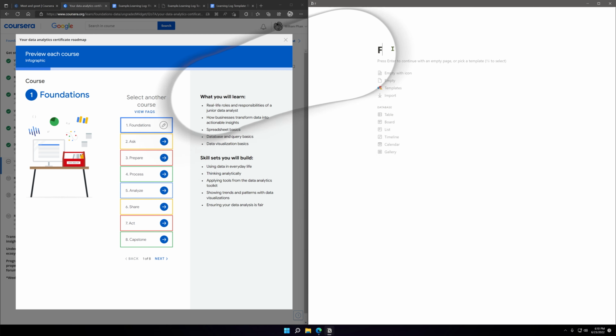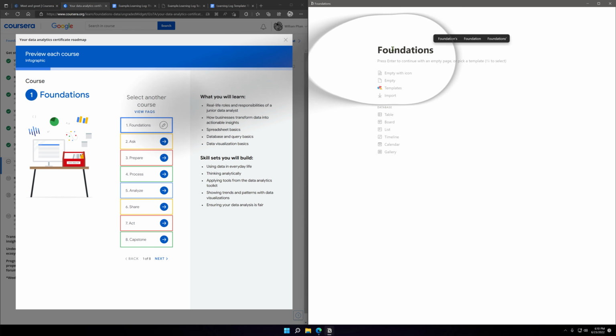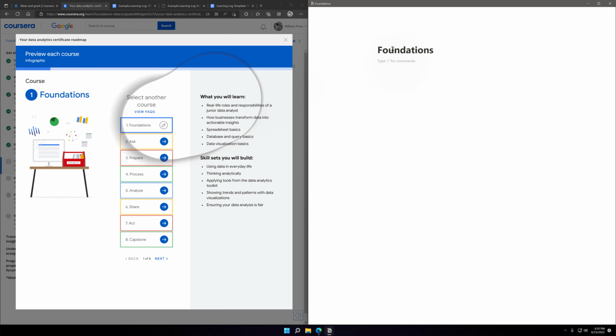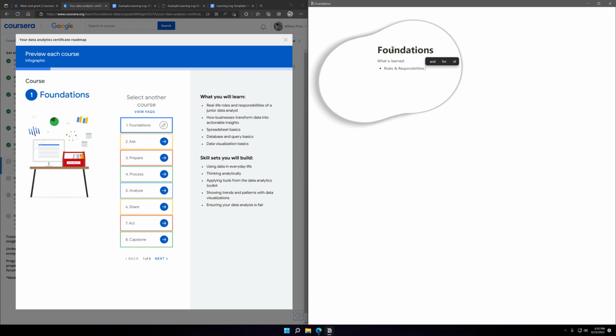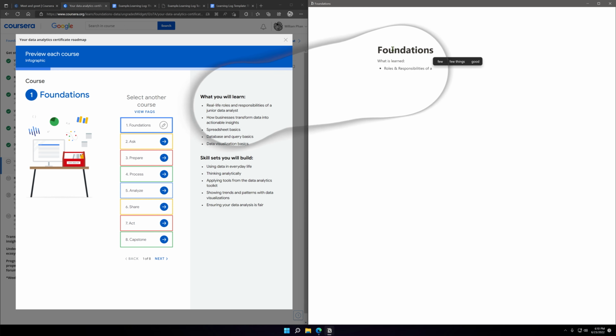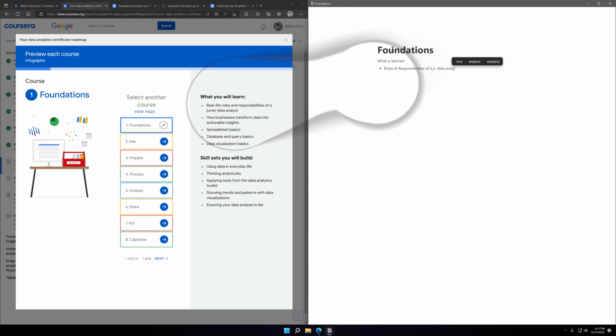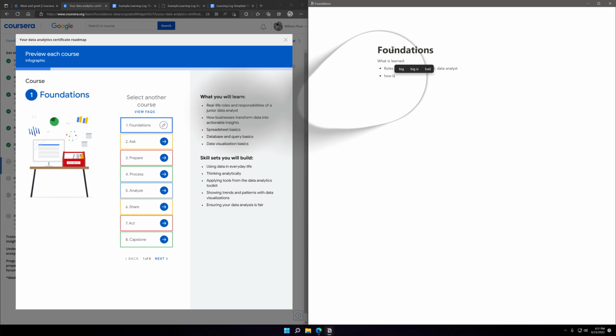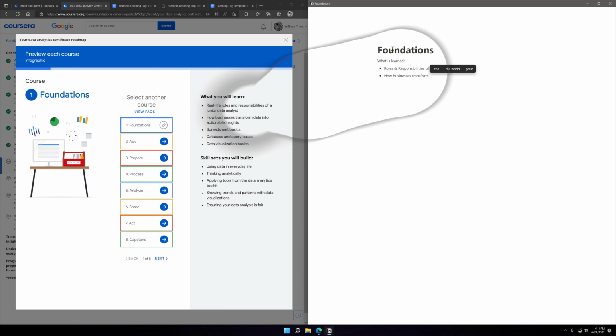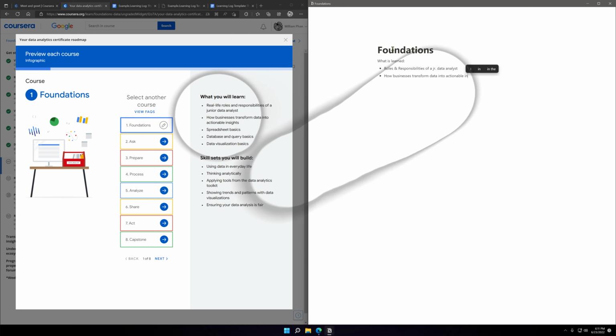So we'll call this foundations. It's learned: roles and responsibilities of a junior data analyst, how to transform data into actionable insights.